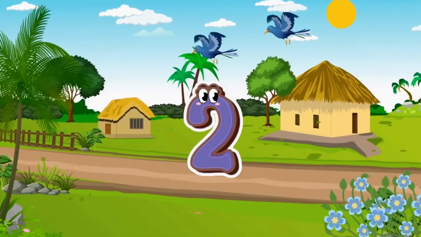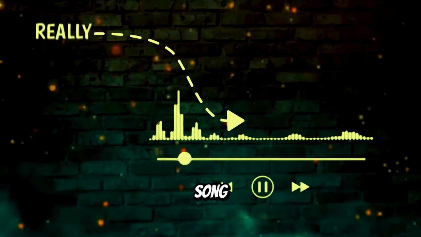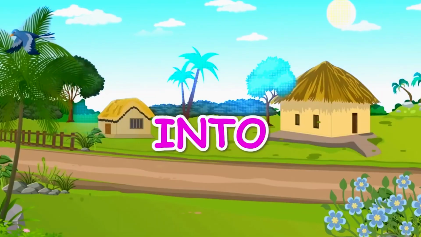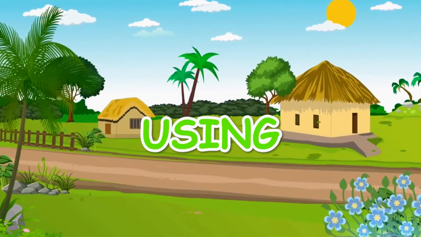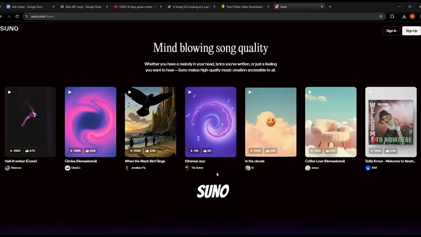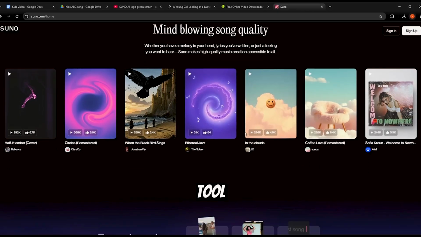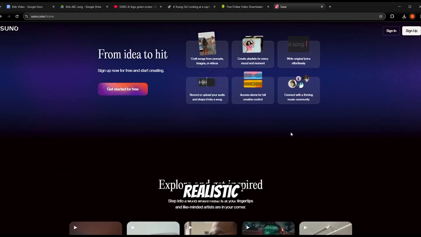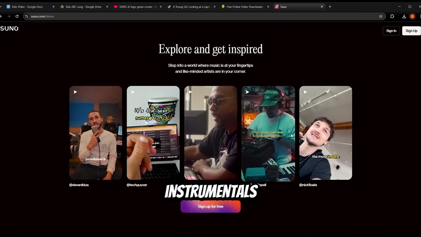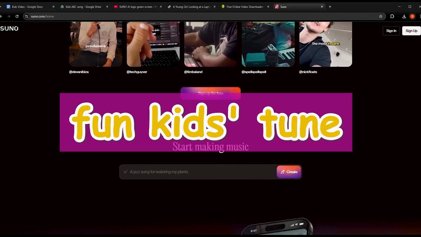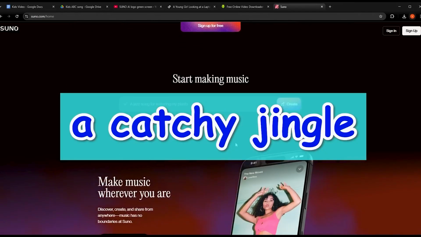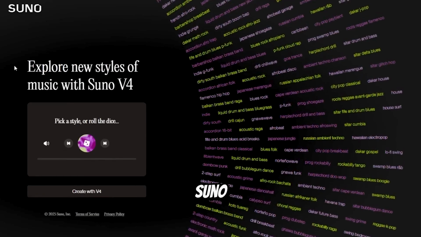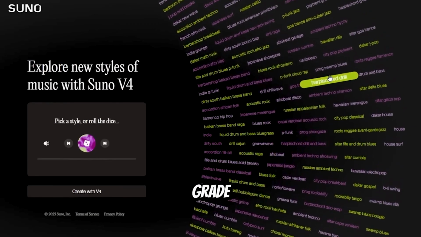Step 2. Convert lyrics into a song. Now let's turn our lyrics into a professional-sounding song using Suno AI. Suno AI is a powerful tool that transforms text into high-quality songs with realistic vocals and instrumentals. Whether you need a fun kids tune, a catchy jingle, or a soothing lullaby, Suno AI can generate professional-grade music